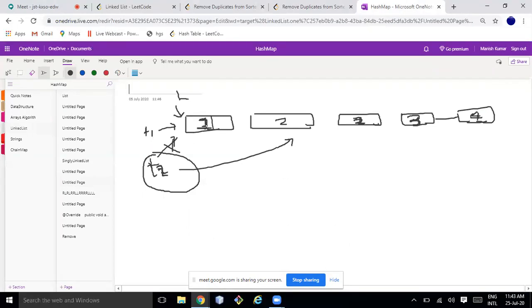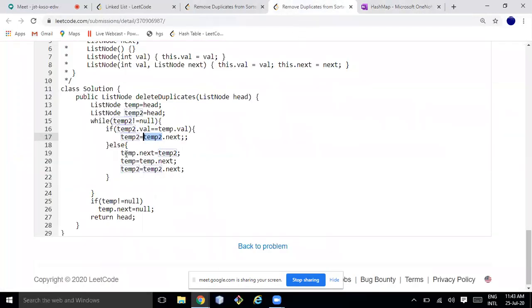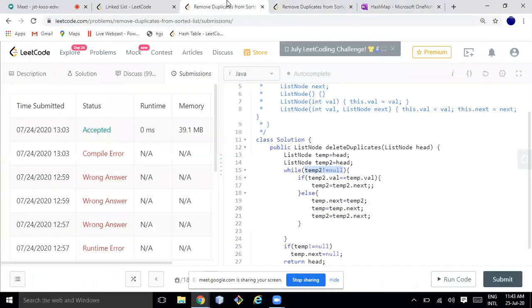Okay, and T1 is 1. If both are different, T1 is 1, T2 is 2, then I am pointing T1 dot next equal to T2.